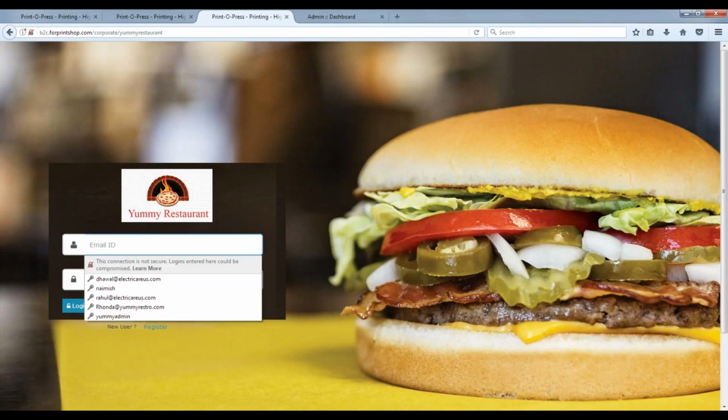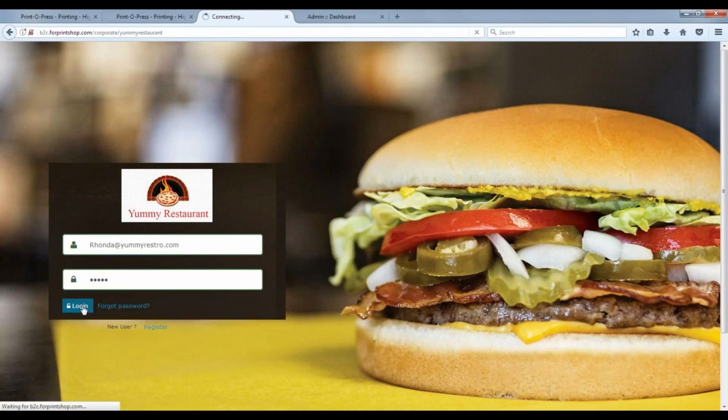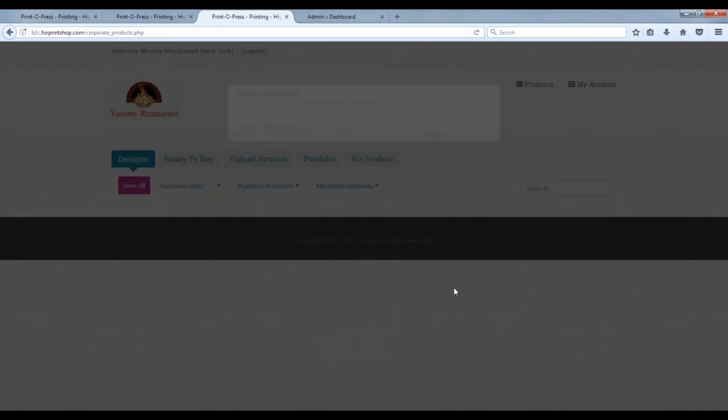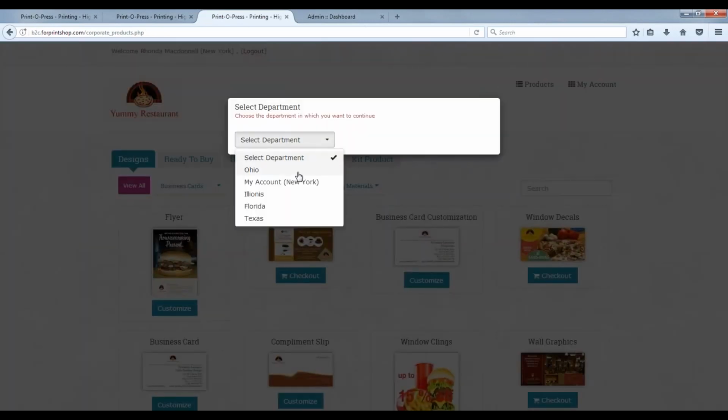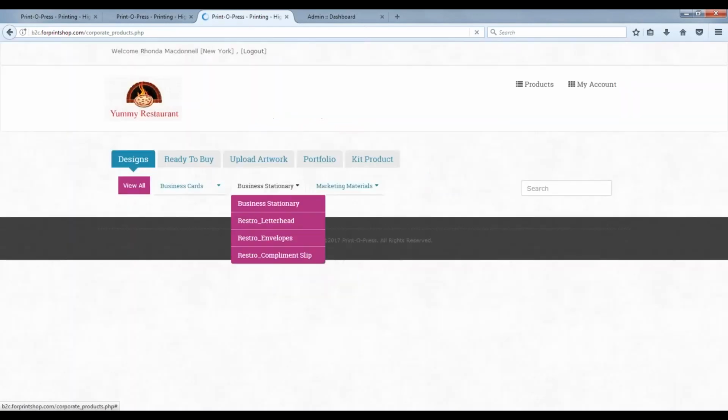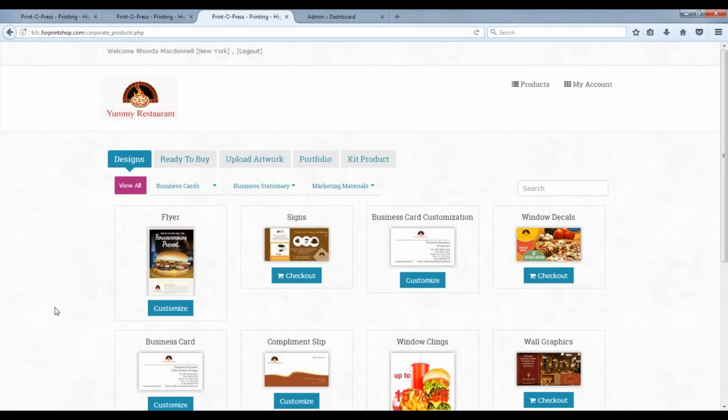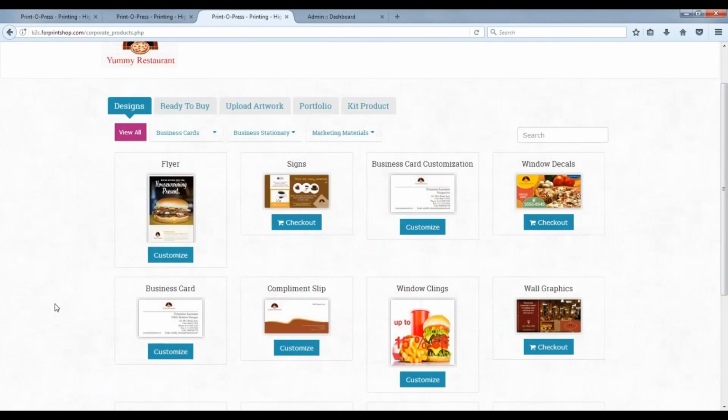Here is an example of one of the corporate private stores. I'm logging in as one of the managers. A manager has access to multiple locations. Similarly, a normal user can be given access only to their specific location. But here I have logged in as a manager, so I'm able to see all the digital assets you have configured for the corporate. As an employee and as a manager, I'm able to order all the assets from